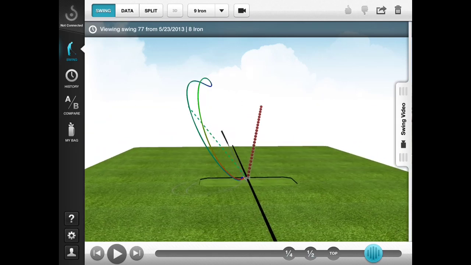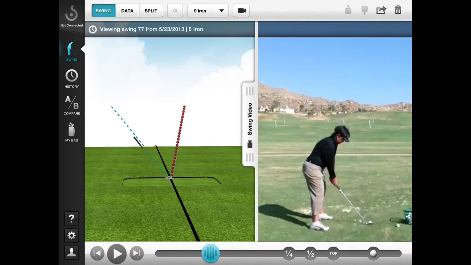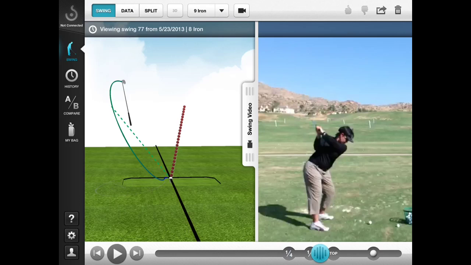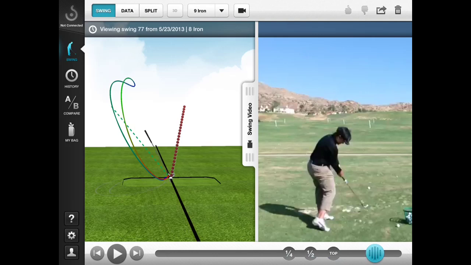Again, I did hit it out to the right a little bit, and I've got a little over the plane motion here to begin my downward swing. I'm loving that we've got this side-by-side video, and I took this from down the line, which is how it's really intended to be used. But I'm going to experiment a little bit with it today,